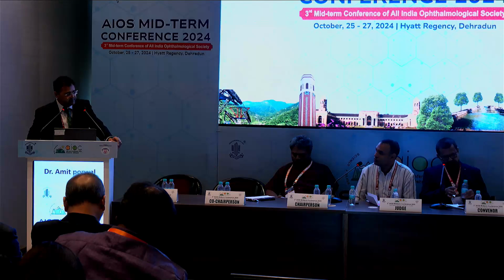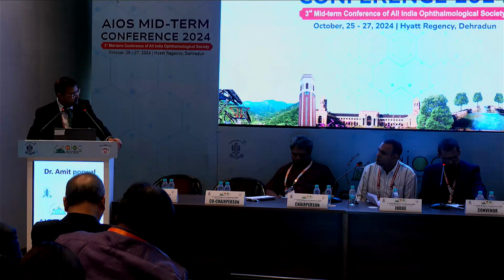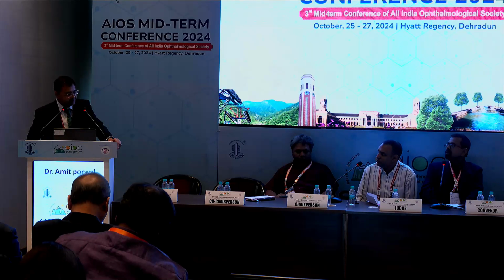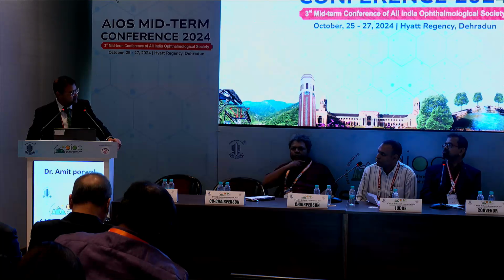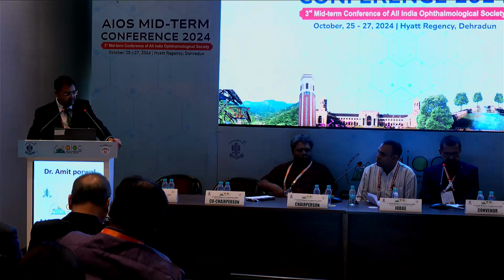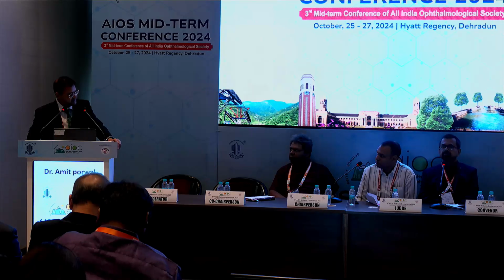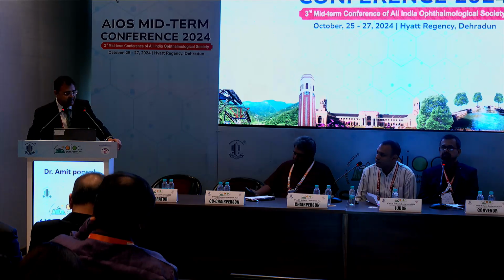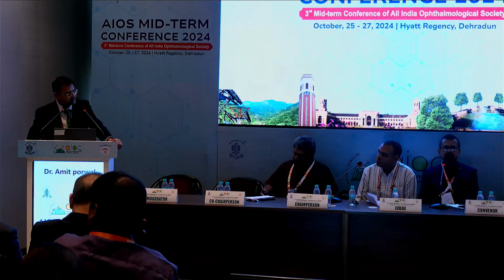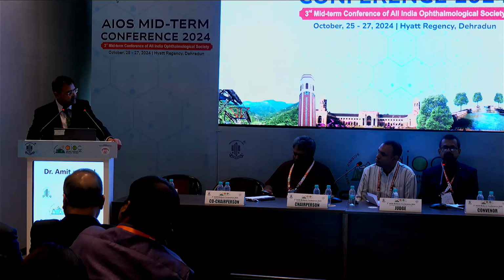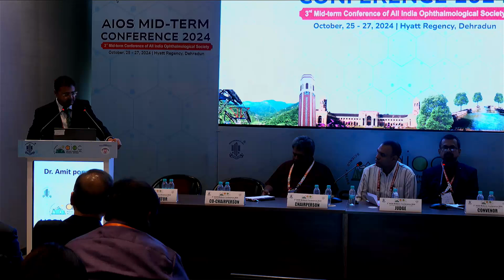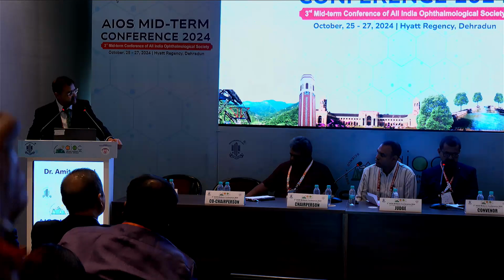Before the axial length changes, the choroidal thinning occurs. So we need to check the choroidal thickness along with the axial length. If the axial length is stable but the choroidal thickness has decreased, that is a sign that this eye is progressing and we should initiate myopia progression therapy. We have studies on myopia progression and choroidal thickness in the Western literature, but we don't have Indian data. This was the first study in which we had Indian data of choroidal thickness.